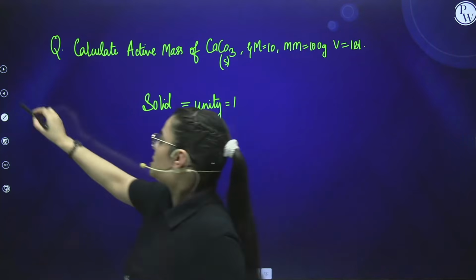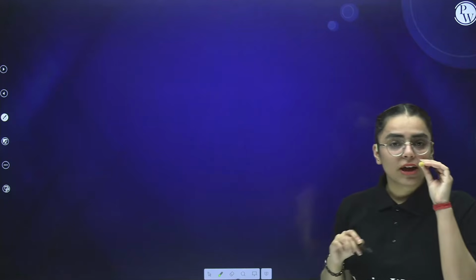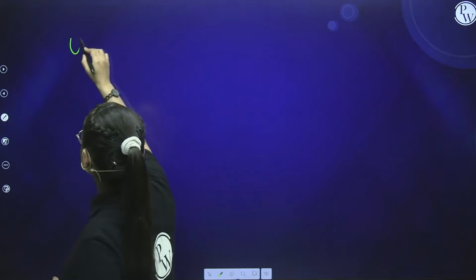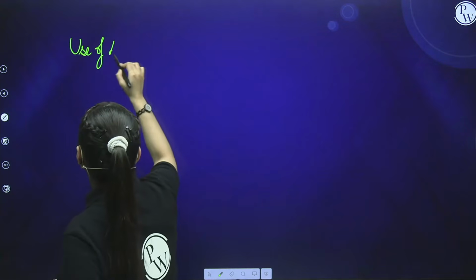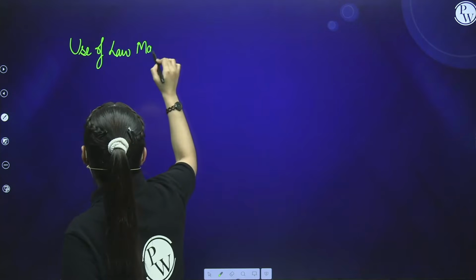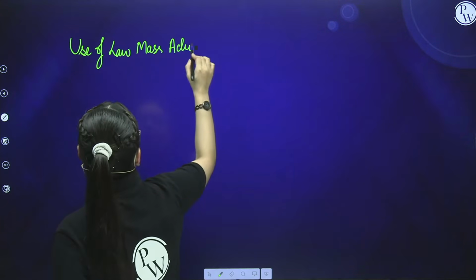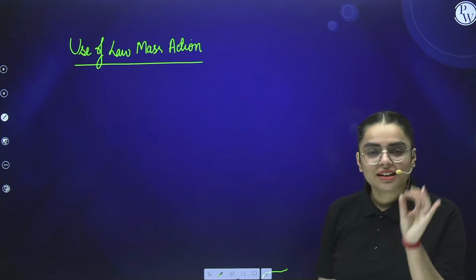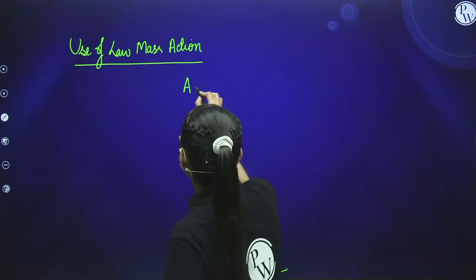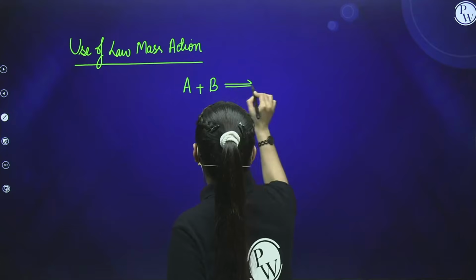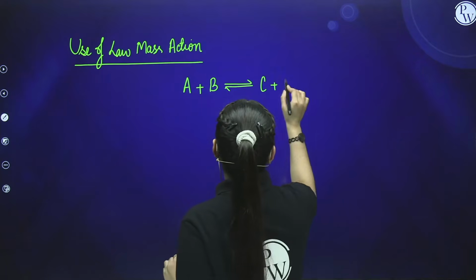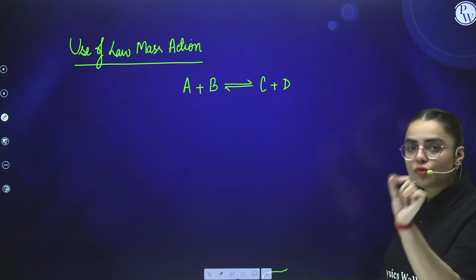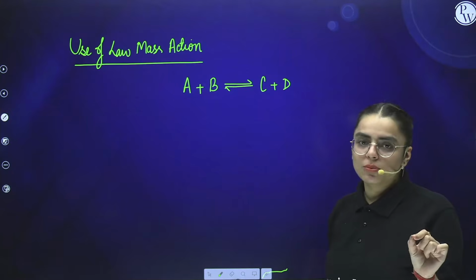Okay. Now, students, moving to the next part, if I'm going to tell you the use of the law of mass action, let us see how we have to equate in these situations. Let us consider the following reaction, in which A plus B, with the sign for equilibrium, we attain C plus D. I want you all to write the rate of reaction with respect to forward and the rate of reaction with respect to the backward direction.